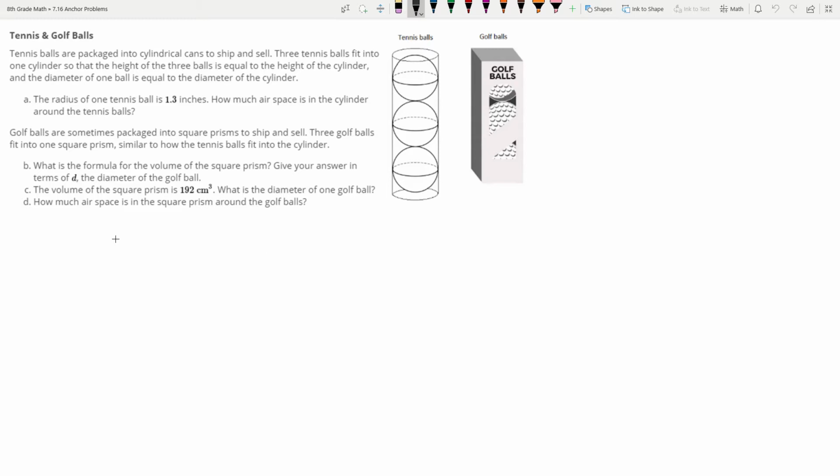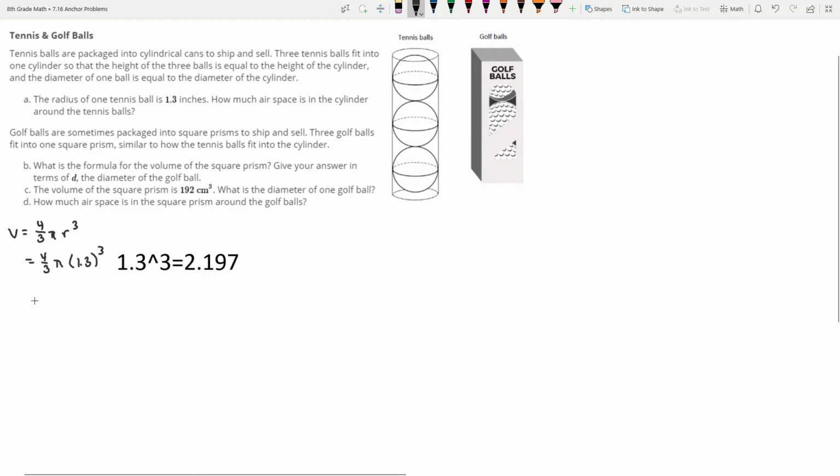Let's figure out the volume of one tennis ball first. Volume is going to be equal to 4/3 times pi times our radius cubed. So volume is going to be 4/3 times pi. Our radius is 1 3/10, and that's going to be cubed. And so first step here, if I take 1 3/10 to the third power, that's going to be equal to 2.197. And so we have 4/3 times pi times